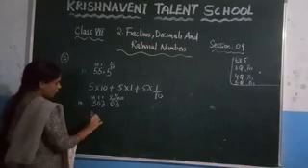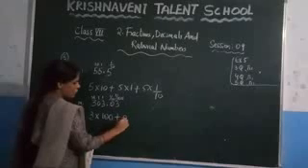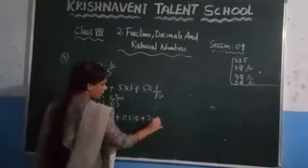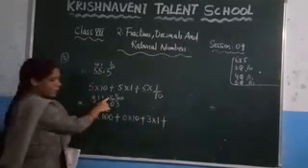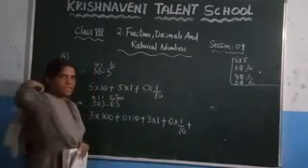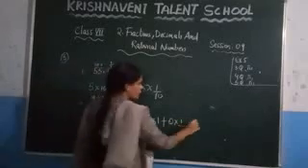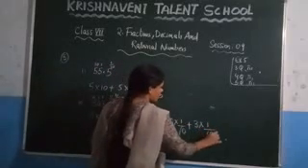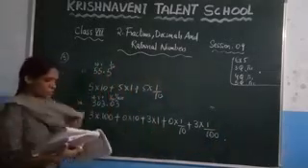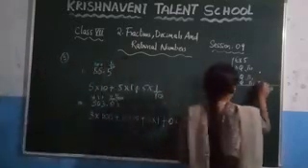Now just multiply the place value to the digit. So here 3 into 100 plus 0 into 10, which is the tens place, and after that 1's place, which is 3 into 1, plus 0 into 1 by 10. So write it here: 0 into 1 by 10 plus, what is the next digit here? 3. What is the place value, which is 1 by 100? So multiply it. What do you get here? 3 into 1 by 100. Like this you need to expand the given decimal number. 2 more questions are given in this that you can do in the same way, which are the 4th and the 5th questions.